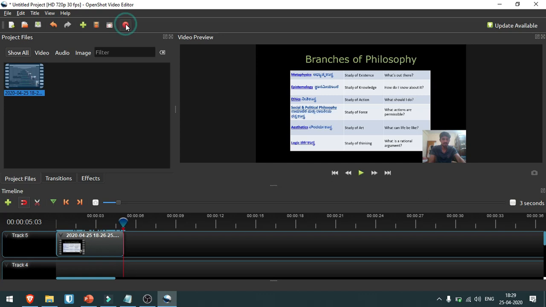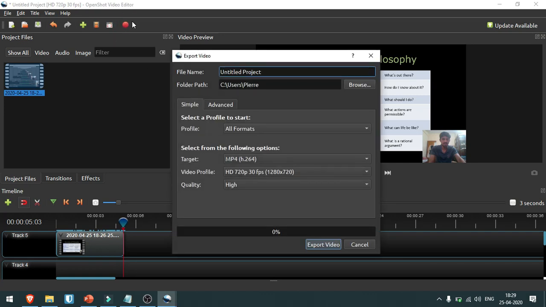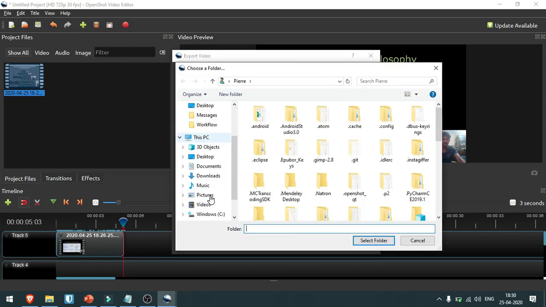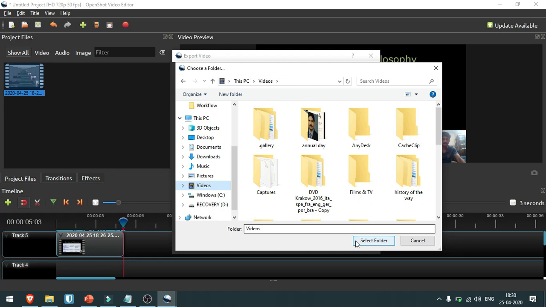After you're done, if we click on the red button, which is basically the export button, and you type how to, we have a video here and we browse where we want to put it, which is basically in the videos folder.